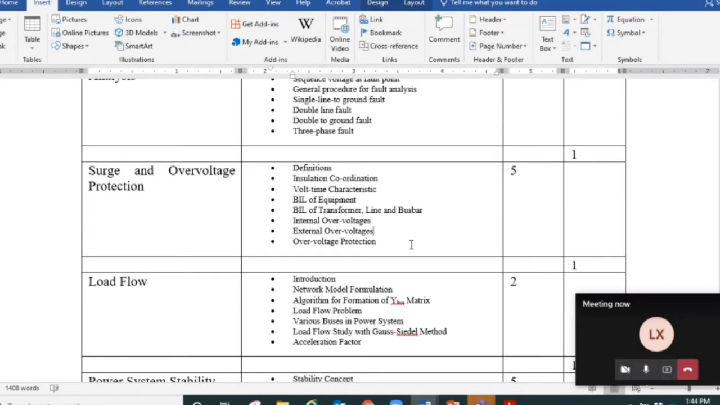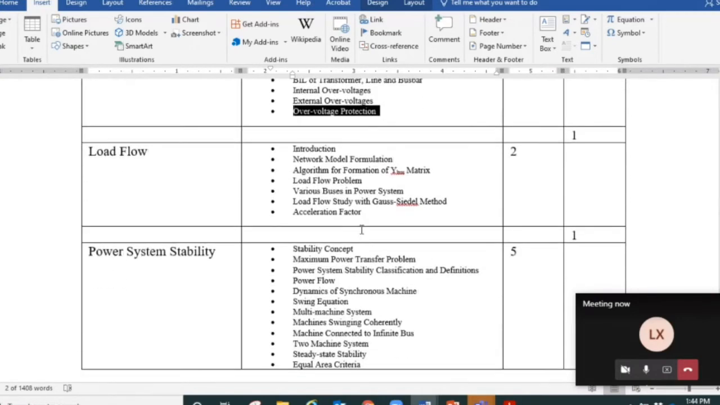And then we will also learn how we can protect the power system and the equipments that are connected to power system using over voltage protection equipment. So some of them will be covered in this chapter, and then we will come to the next chapter, which